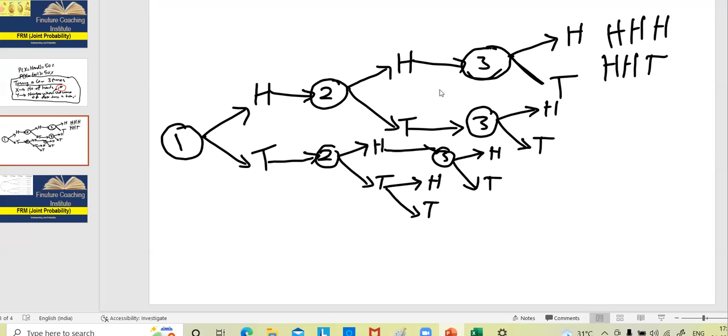Now we'll explore this node. When you have first time head, second time tail, and third time head. Now first time head, second time tail, and third time also tail. So first time head, second time